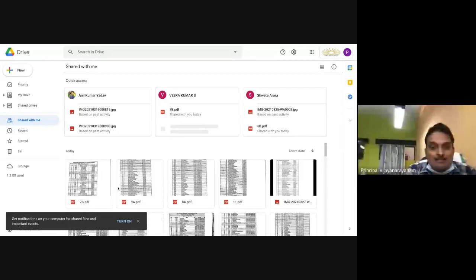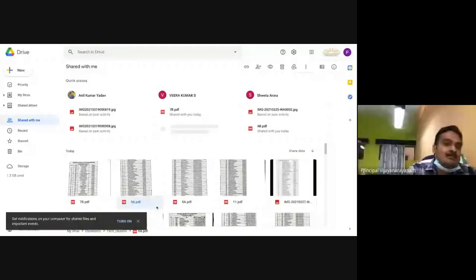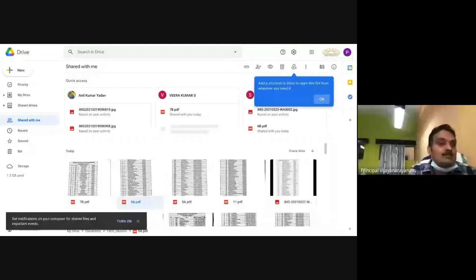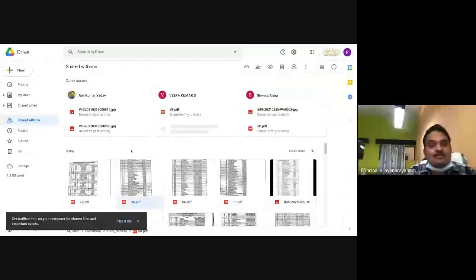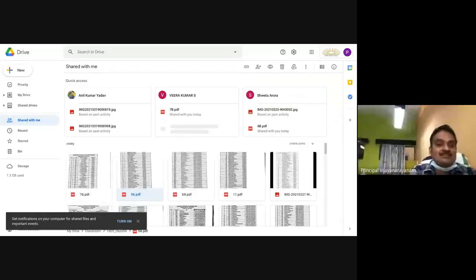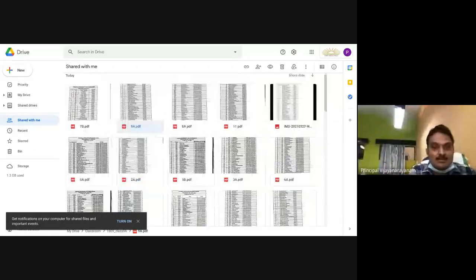For example, this 9th A is shared with me by my computer science teacher. If I delete it now, the file will also be lost by the teacher. So it is better to return this file in Google Classroom according to your use. I will not insist on all those things. It is left up to you, because this is one more area where the drive content gets increased. The total capacity of the drive gets increased. So this part you can take.